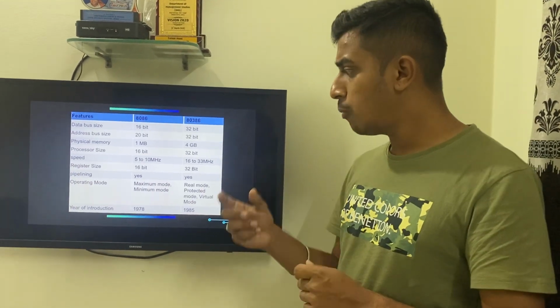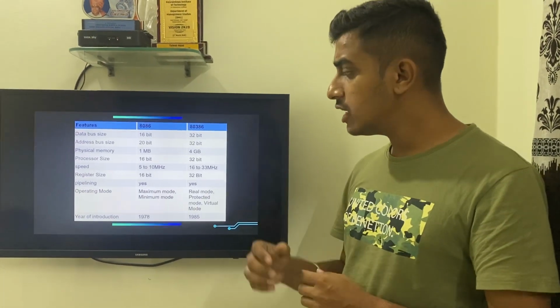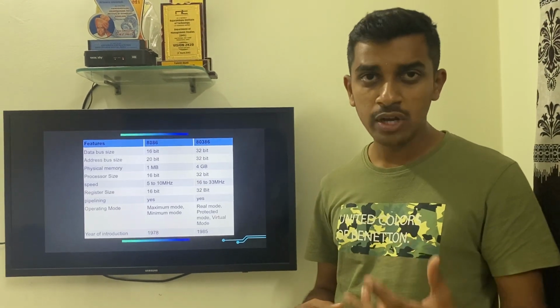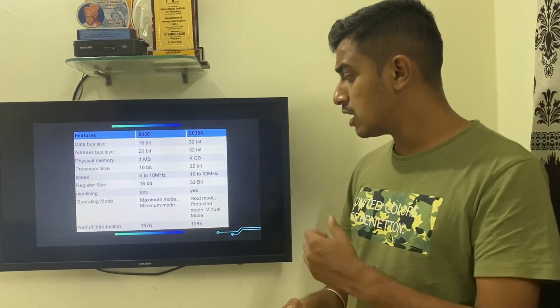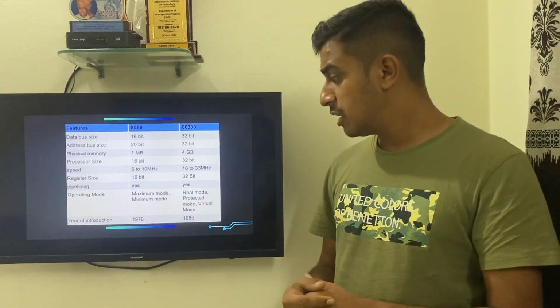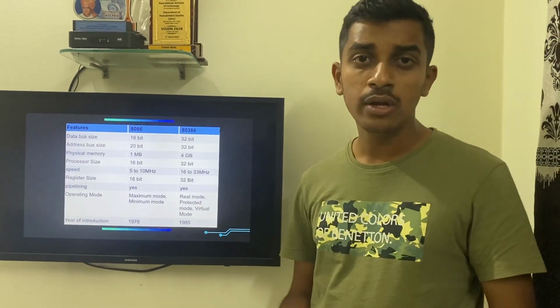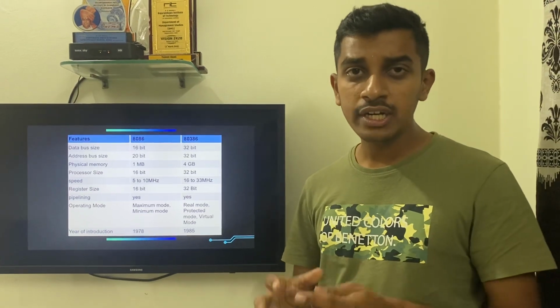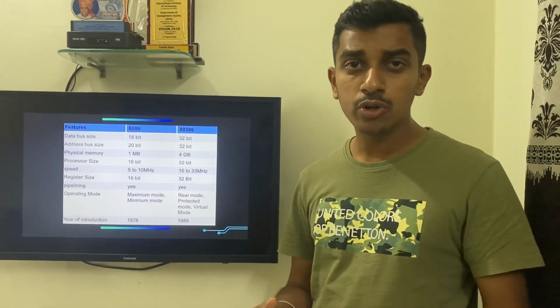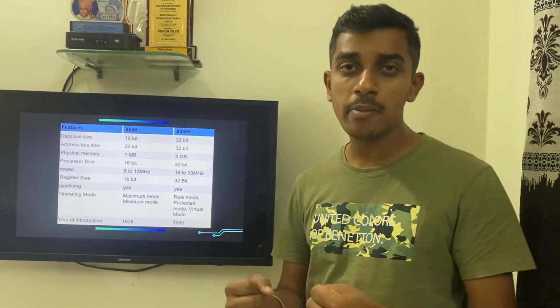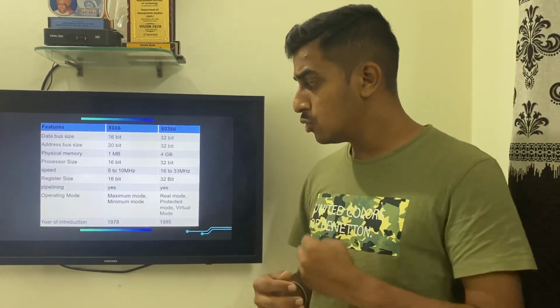In operating mode, the 8086 has min mode and max mode, and the 80386 also has min mode and max mode, but in addition it has real mode, protected mode and virtual mode, by which we can work on data or code in virtual mode. So it gives more memory and more speed to your system.